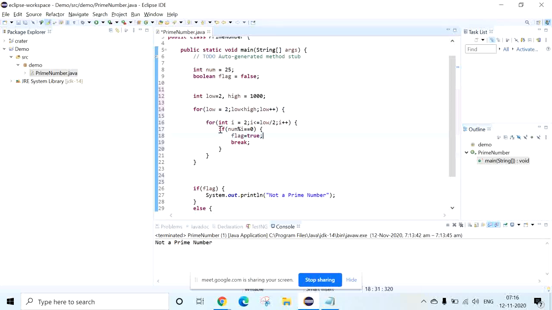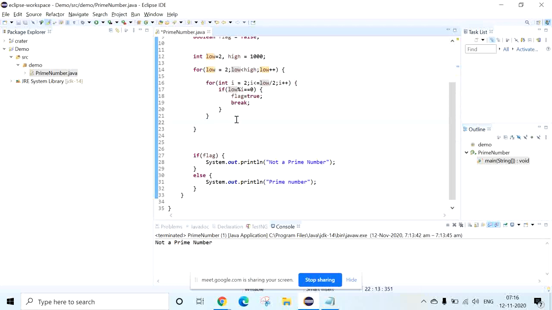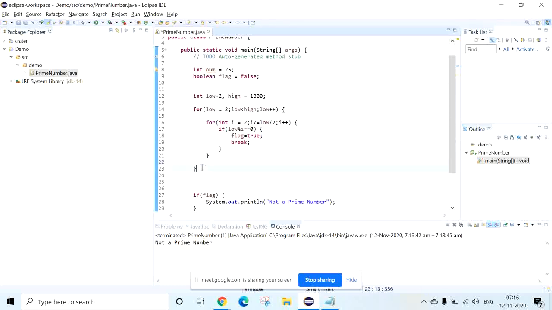Okay, so when low modulus I equal to 0, then automatically this will come false, we can break. Okay, so now we need to check one condition in the outer for loop. This is for the inner for loop, and the same thing, but before going to the outer for loop we need to write that condition.